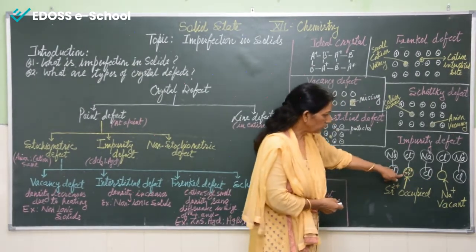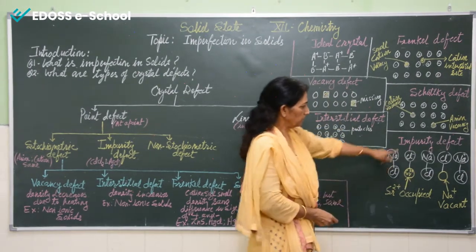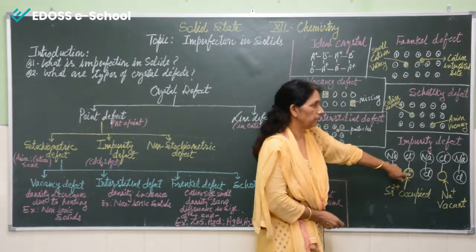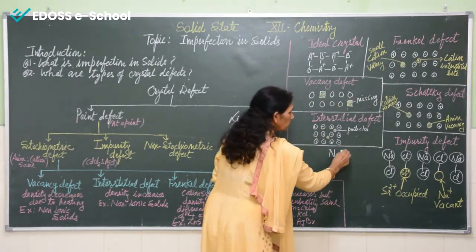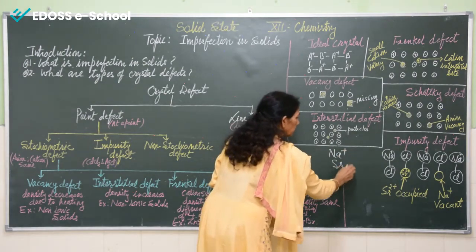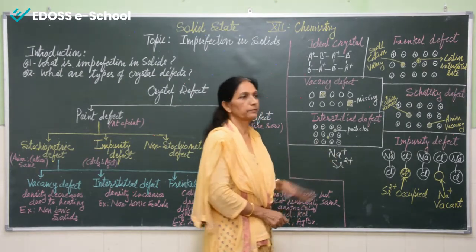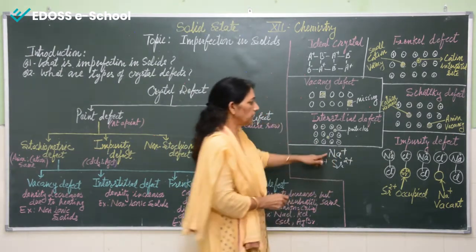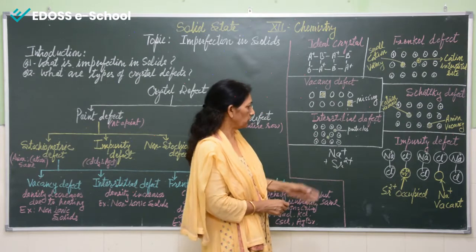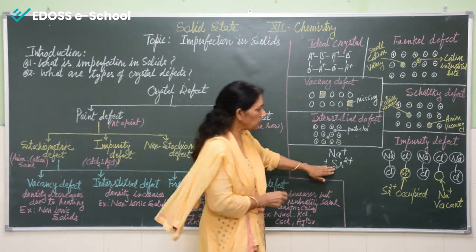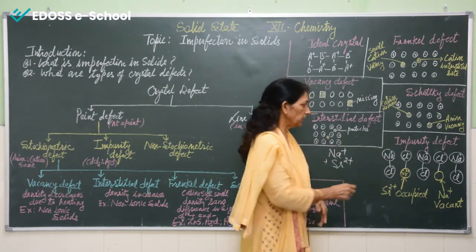Okay, and here you can see that one space is vacant, but in another place, where sodium ion was, there is strontium ion, and strontium is having two positive charge. Sodium is having just one positive charge and strontium is having two positive charge. What happens? Sometimes when sodium chloride is heated with strontium chloride, maybe some impurity of strontium chloride is present in sodium chloride. So what will happen? These strontium will occupy the space. Now to keep the neutrality, what happens?